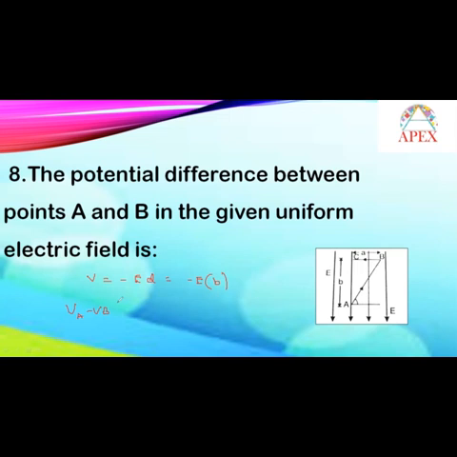The magnitudes were not given in the options. The directions were not given in the options. So directly you can write E into b only. The potential difference is nothing but E into b. Whether it is negative or positive was given in the options, so there is no need to go for directions there. If they're asking us to calculate VA minus VB, VA will be less only, right? So the answer is minus E into b. If they ask us to calculate VB minus VA, the potential at B is more, so it will be E b. Based on the question, you can answer it this particular way.